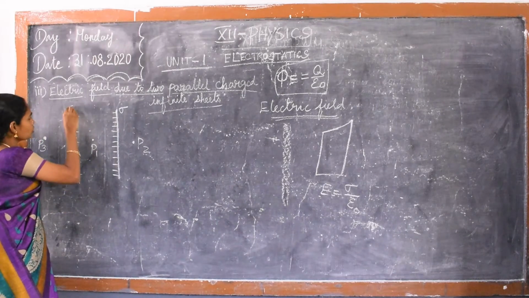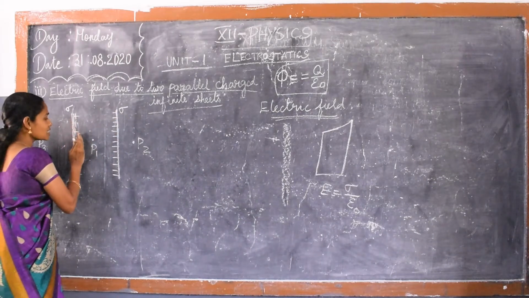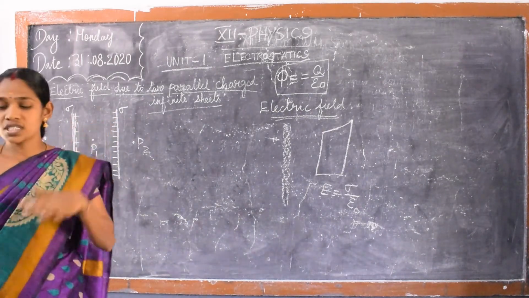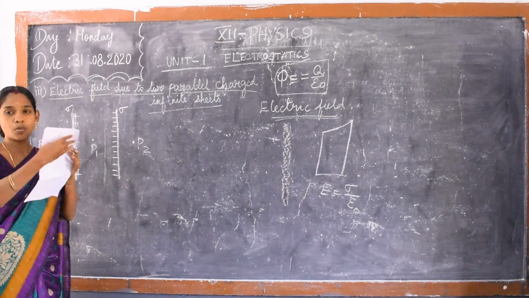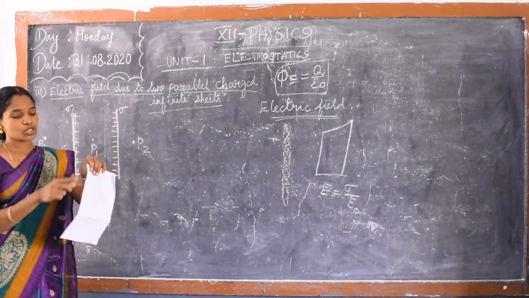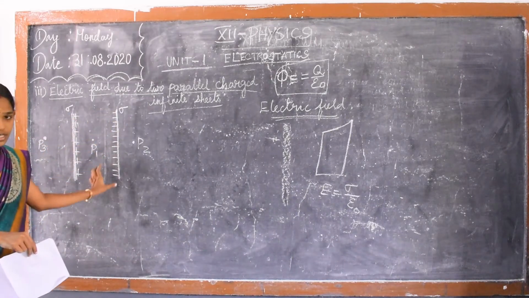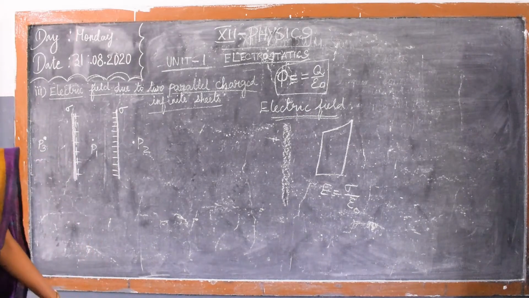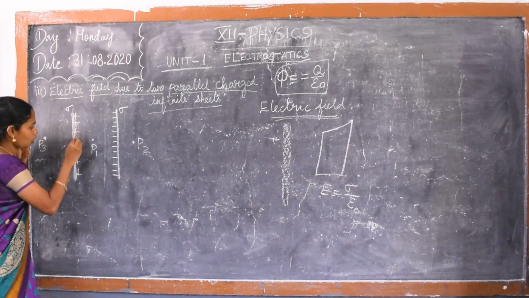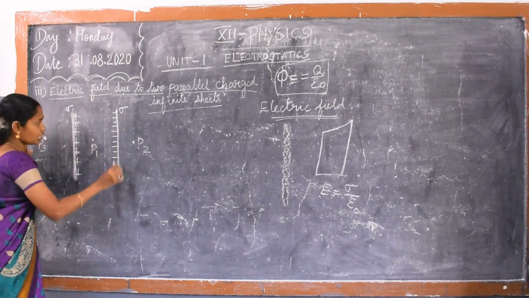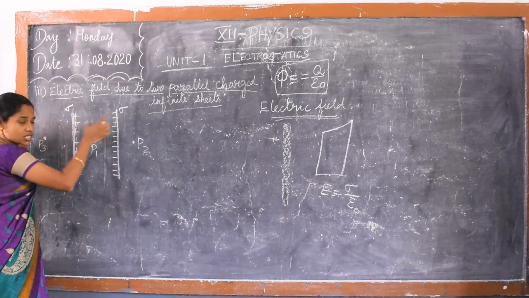So consider equal and opposite charge densities. In this case, the charges are presented on both sides of a plane sheet. For calculation purposes, we are taking the side view of this paper only. This is the side view of the plane sheet, and this is also the side view of the plane sheet. This is the first plane sheet, in which positive charges are located. In the second plane sheet, only negative charges are presented. So consider equal and opposite charge densities.